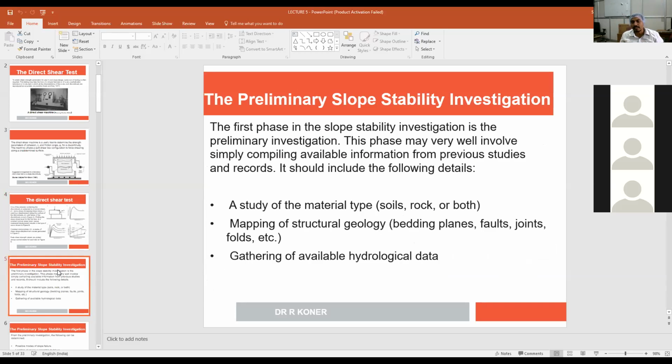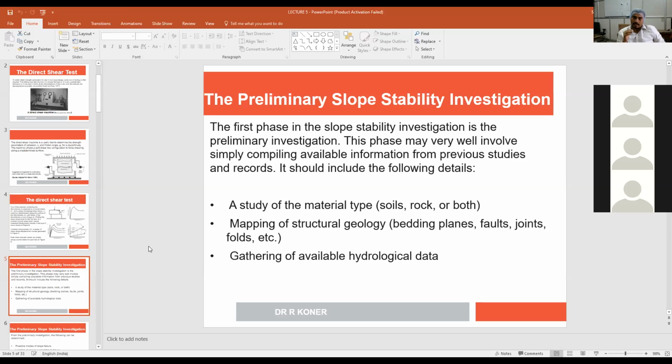We will conduct the direct shear test in the laboratory, and we will understand it in better terms in future, when we elaborate in the laboratory how we are doing this. We will deal with that particular aspect in detail. Now, we have understood that from the direct shear test, we can estimate and collect data about the shear strength characteristics of the geomaterial. Is that clear? Yes, sir.